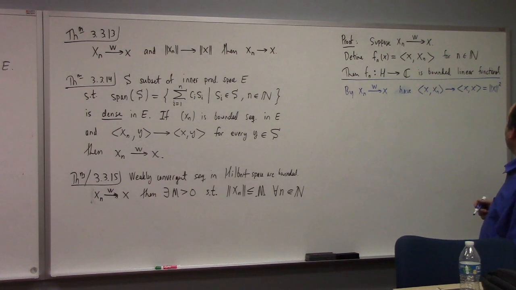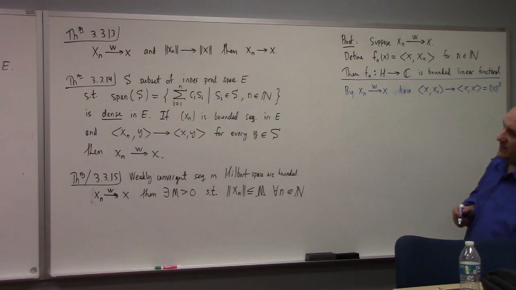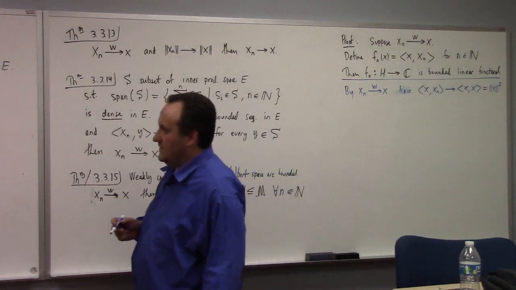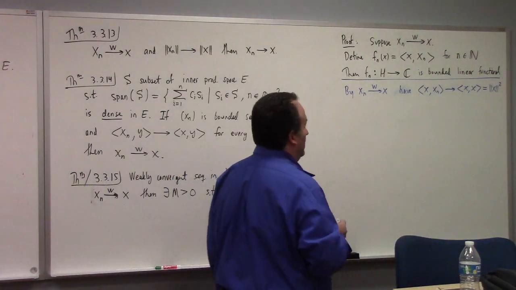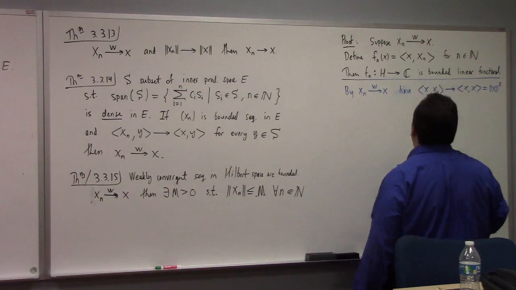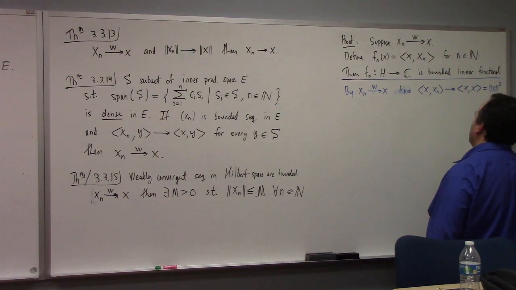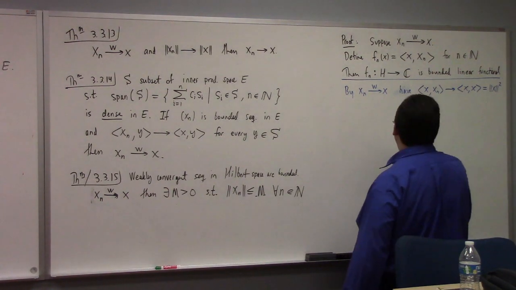But of course that's equal to the norm of x squared. They're all real. Oh, you're saying that the definition of weak convergence has the xn on the other side? Yeah. Oh, yeah. Fair enough. All right. How do I think